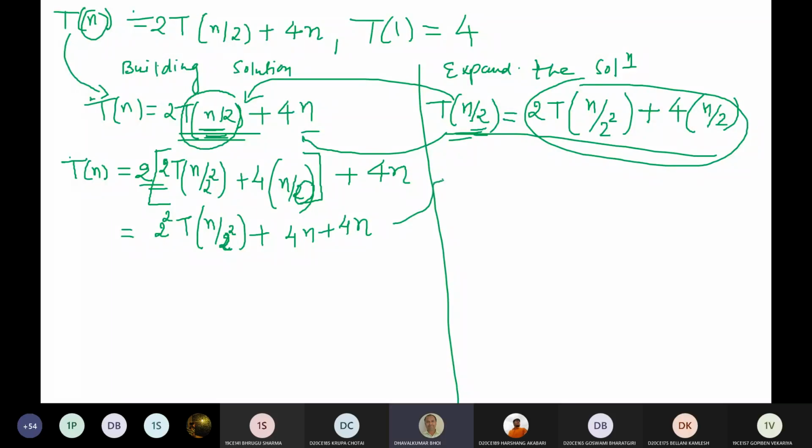So what do we require to do? We require to expand that term one more time, because this is the substitution method. Every time we are getting some new term, we require to expand that particular term, and whatever value we get, we put back into the equation to build the solution. So what do we require to find out here? T of n divided by 2 square. So let us try to find out the value for this. I am waiting for 1 minute. If someone can reply, what will be the value of t of n divided by 2 square?